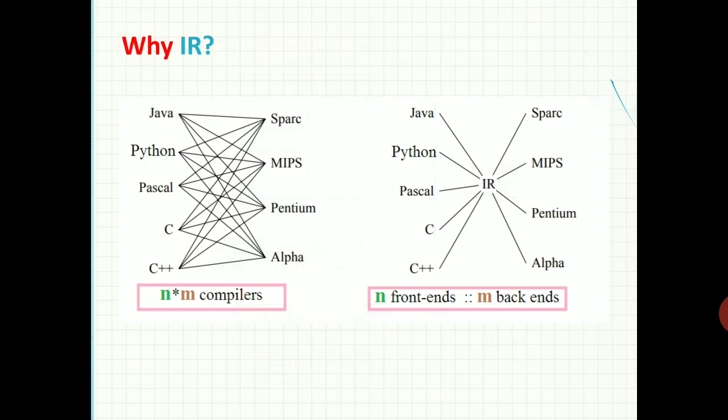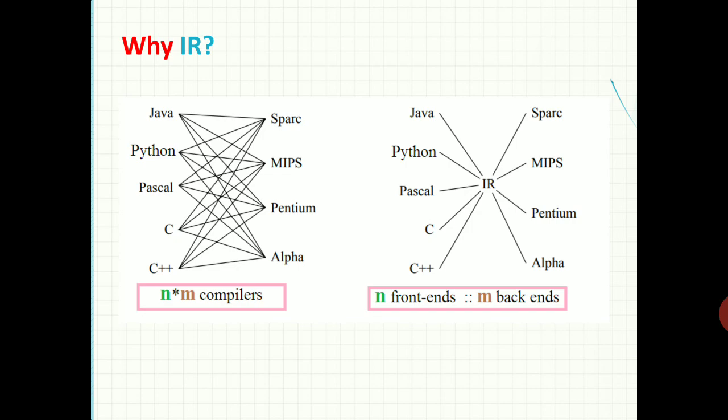Here you can see that if we consider Java, then we convert the Java code into bytecode, that is intermediate code. Then from that bytecode, the intermediate representation, we can convert into target code for Sparc, target code for MIPS, target code for Pentium, and target code for Alpha.